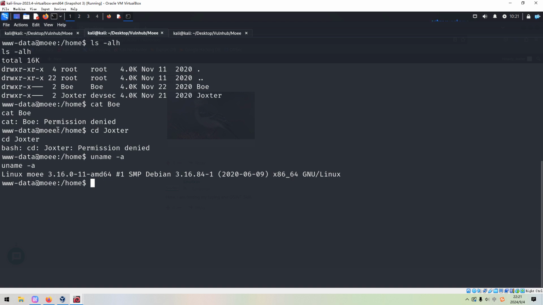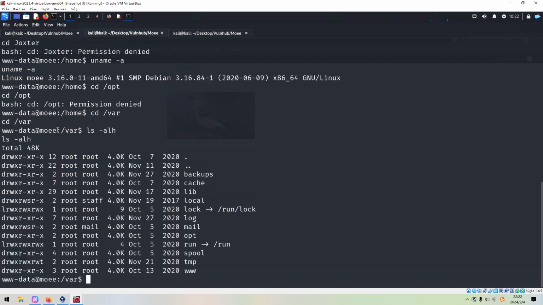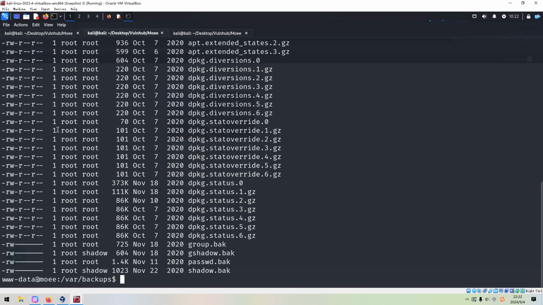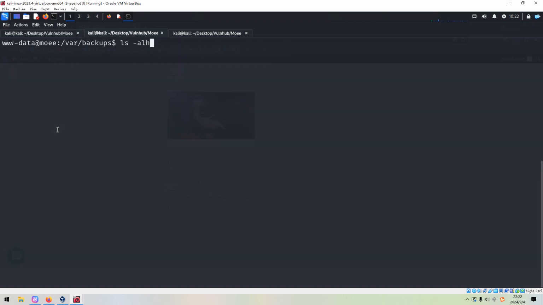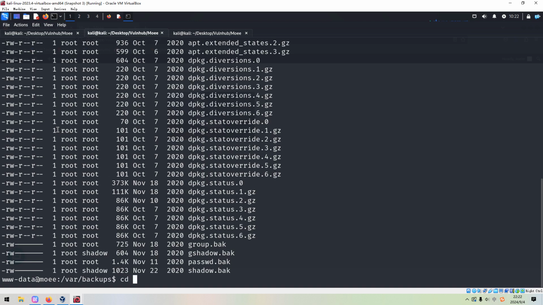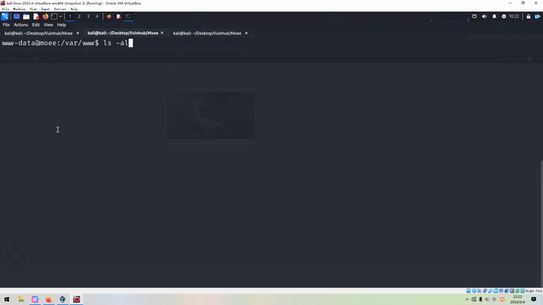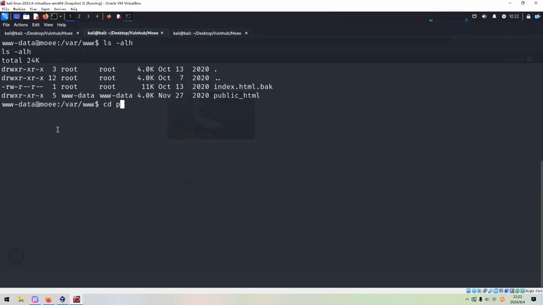Okay, so next we can go to some permission denied and go to the var, go to the backups. Nothing there, and go to the www directory and go to the public subdirectory.